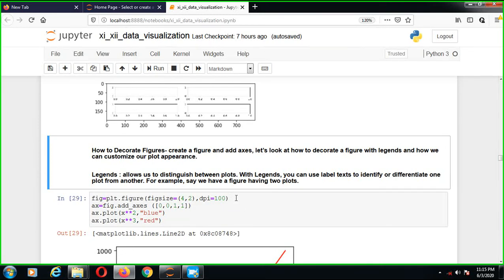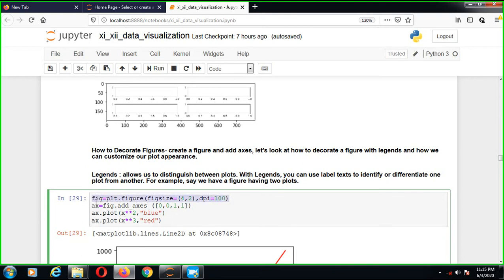For example, we can have a figure with 2 plots. First we create the figure with plt.figure, figsize 4, 2 and DPI 100. Now for axes, we add fig.add_axes([0, 0, 1, 1]) and plot x squared and x cubed, in red and blue, and see the output.